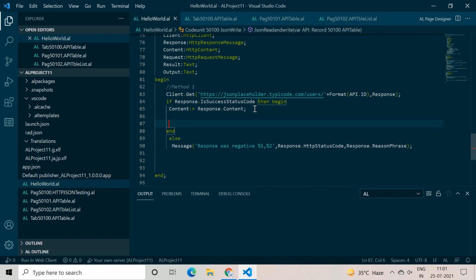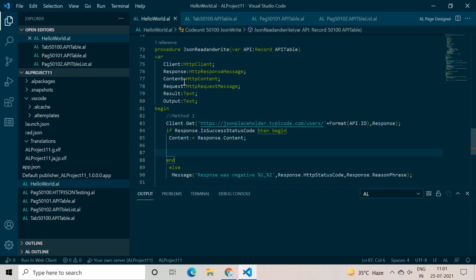Now here we are checking whether the response is successful or not. If the response is successful, we are passing the content available in the response object into the content object, the HTTP content object.